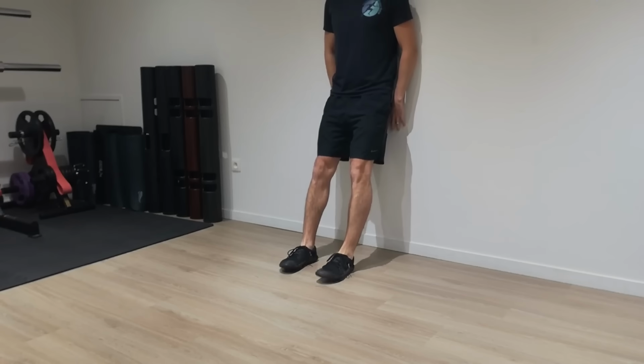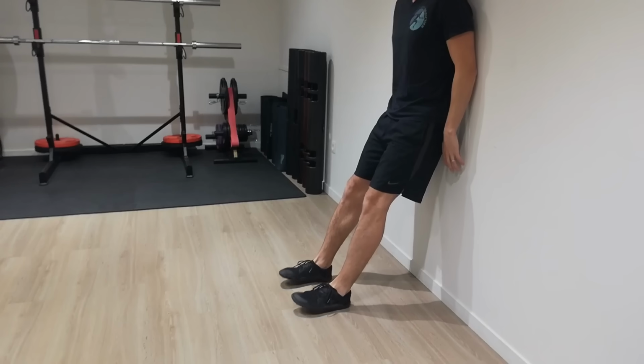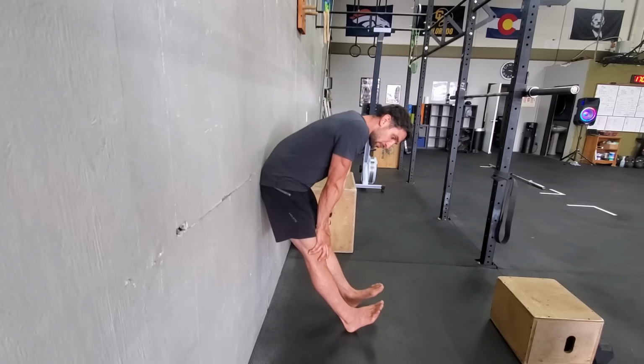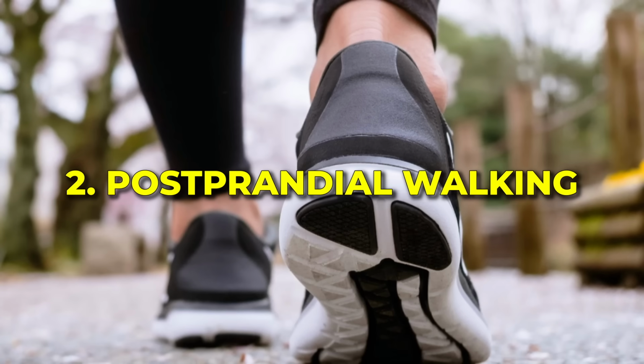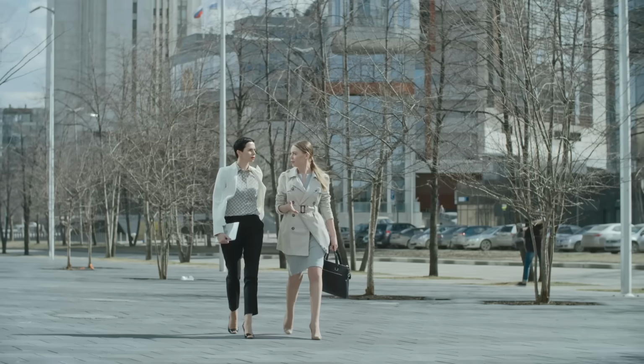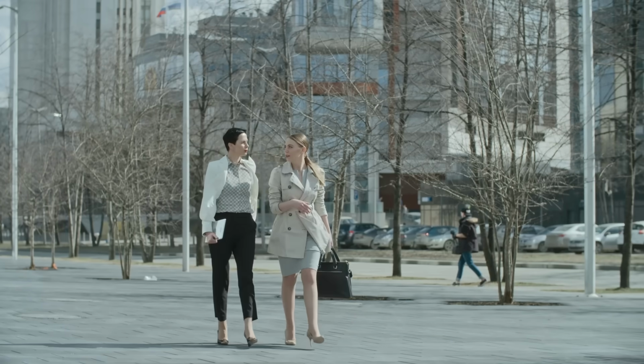To reap the benefits, incorporate anterior tibialis raises into your regular exercise routine. Aim to perform them at least 3 to 4 times a week. Postprandial walking. The second method to maximize the health benefits of walking involves not a specific technique, but rather the